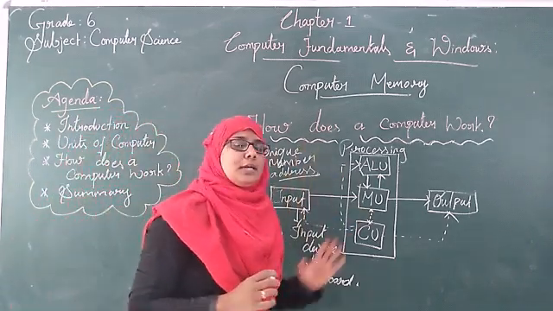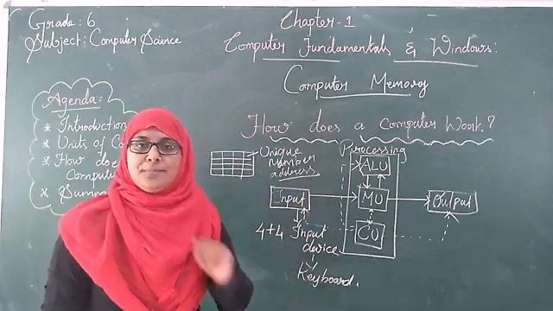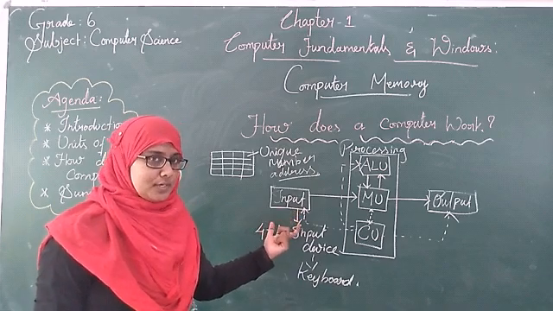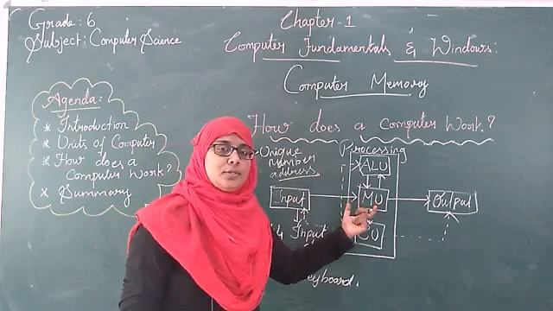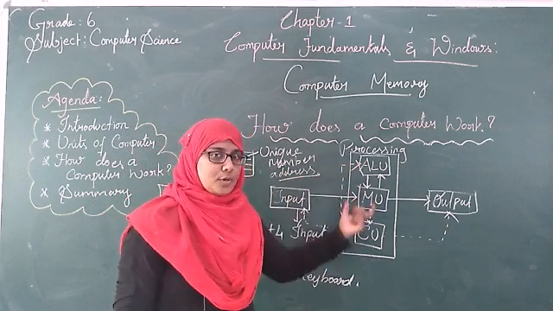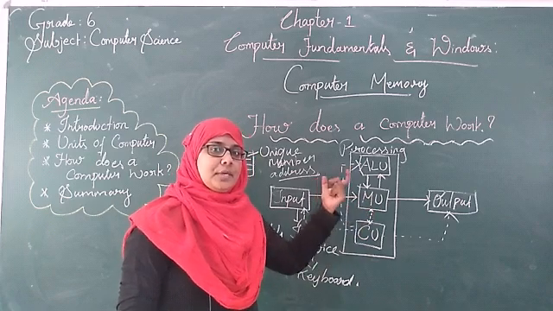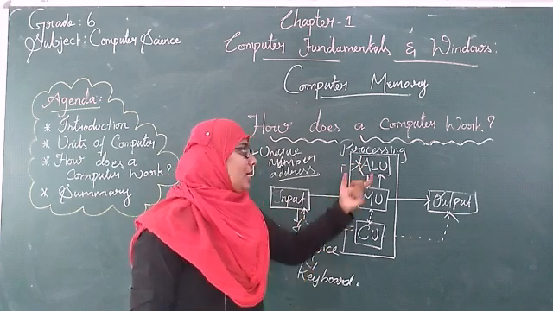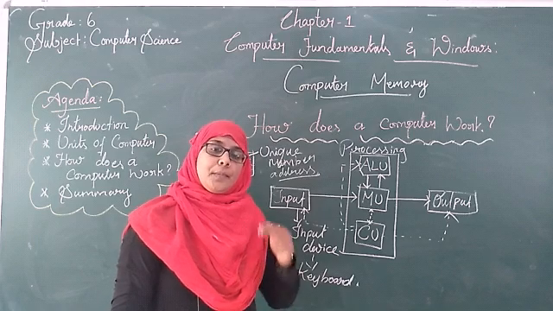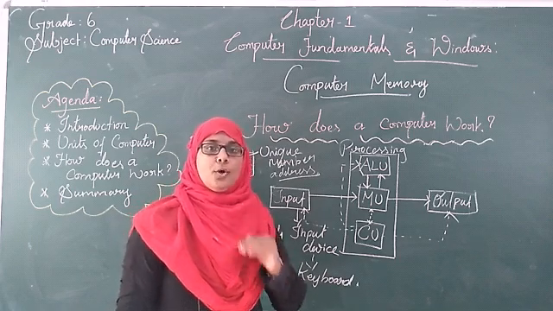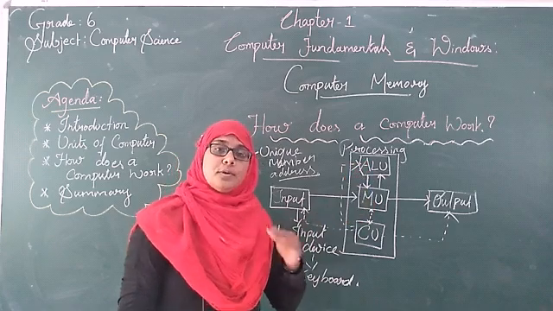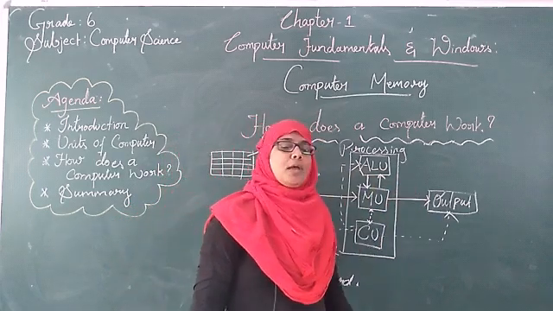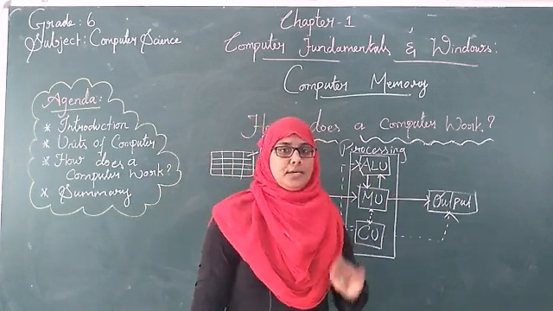So this is the working flow of a computer. Simply I'll tell you, it will get the data from the user, and then it will send it directly to the memory unit, which is in the processing unit. After receiving the data, it is sent to the ALU for further processing. Once the ALU receives the data, according to the user's instruction, it will do the operation, and again it will send the processed data to the memory unit. From the memory unit, it will send it to the output unit for displaying the answer.